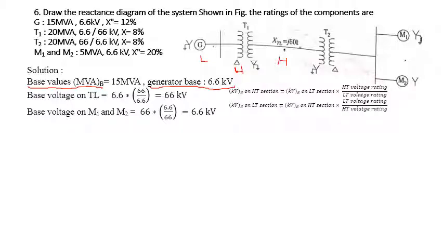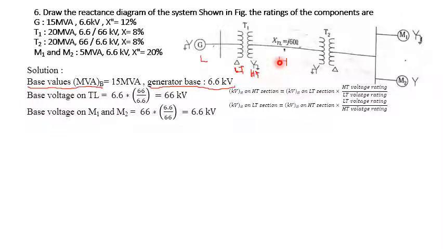What is that? It means it is the LT rating of the transformer. To understand it, this is the ST rating of the transformer. Okay, ST I will write, fine. So I already got the LT rating of the transformer, 6.6. I have to calculate the ST rating of the transmission line.